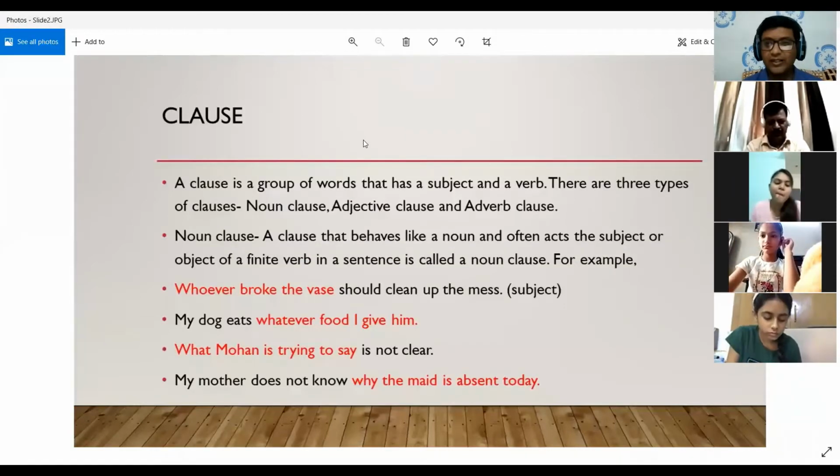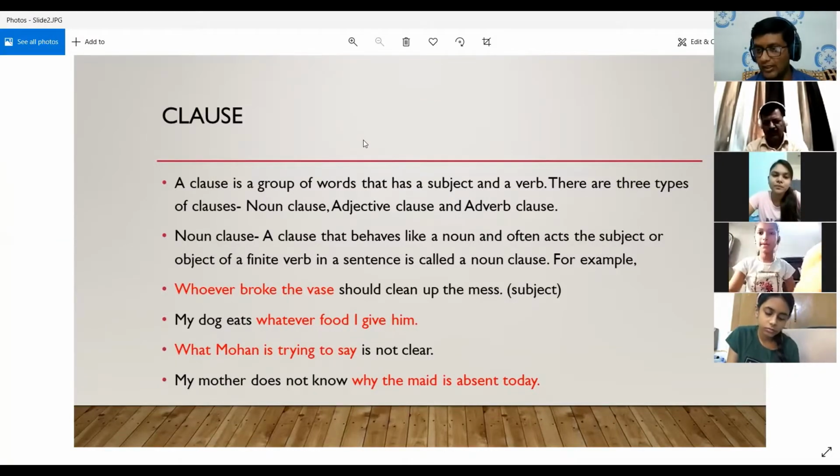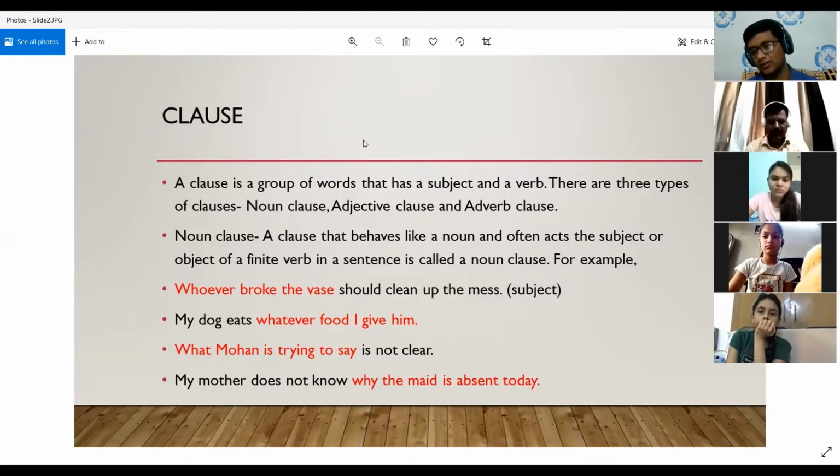So just like phrases, clauses are also a group of words, right? And they convey some meaning. They can also act as a noun, as an adverb, as an adjective, just like the phrases. But the exception is that in phrases, no verb is present, but in cases of clause, the verb is present in them. This is the basic difference, which creates a difference basically between a phrase and a clause, because both